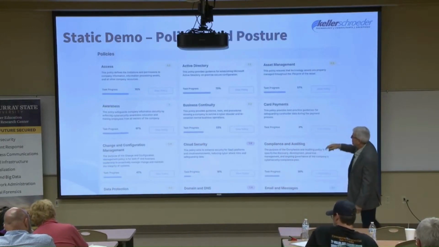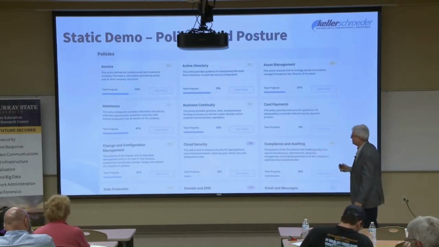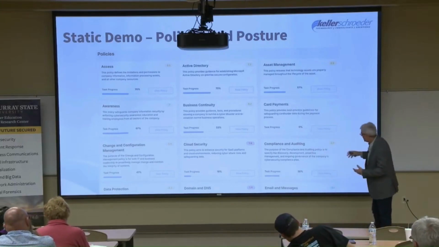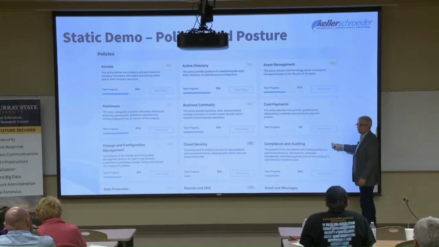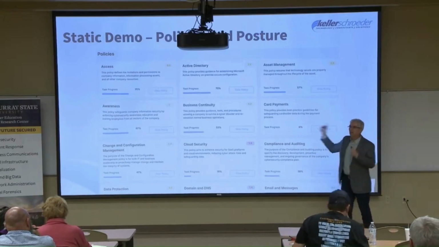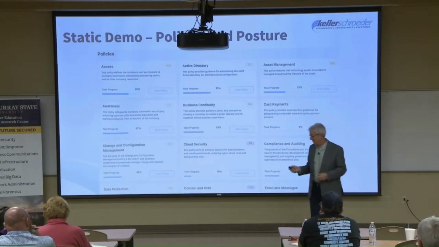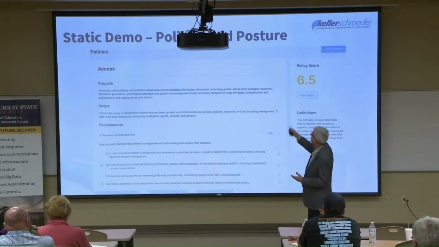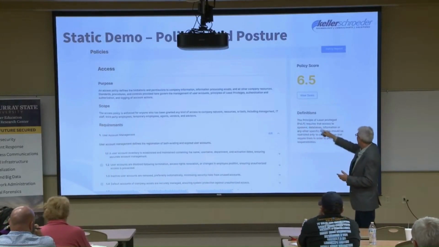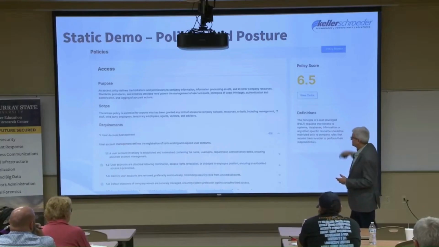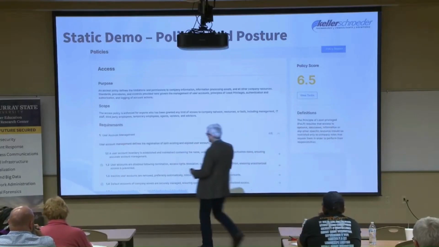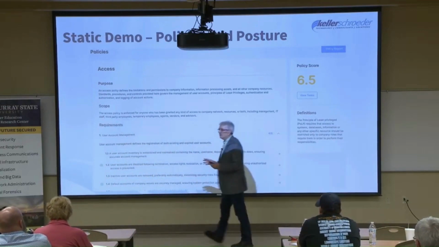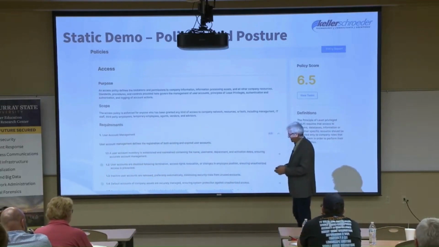Even with policies, as we go through here, if you don't have an Active Directory policy, if you don't have cloud security, compliance, and auditing, not only can we help build those, we can see how compliant you are with your policy that on the back end aligns with those best practice frameworks and everything else. And this is just an example of once you get into a policy, like this, which one is this, access policy. You can look at all the tasks. If you notice down here, I know it's hard to see, but there's little green checks. Those are things we've already complied with. Those let you know, hey, we can continue to go down this path.